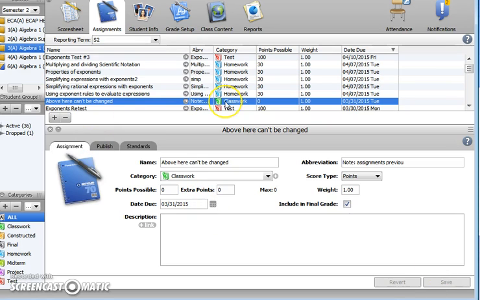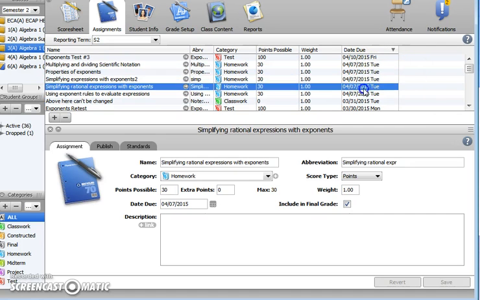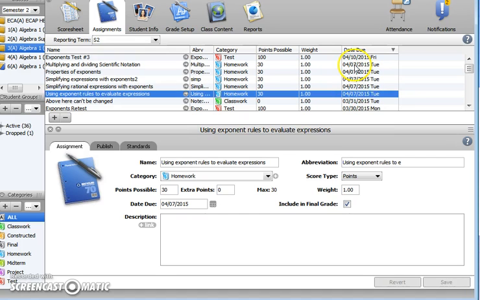Okay, so that's a 0-point assignment. You're going to see it in your grade book. Don't worry about it. It just means that any of the grades that came before this point are not going to change. All right, but there are 5 assignments, 1, 2, 3, 4, 5 assignments that are due on the